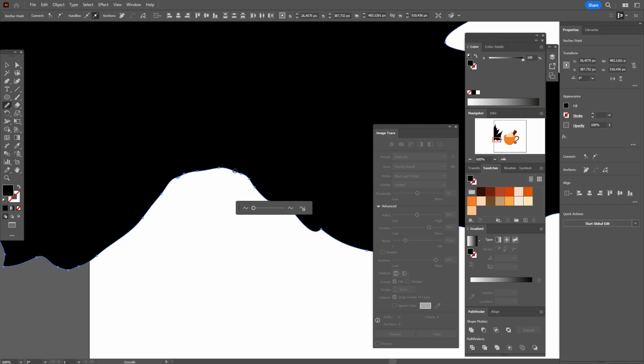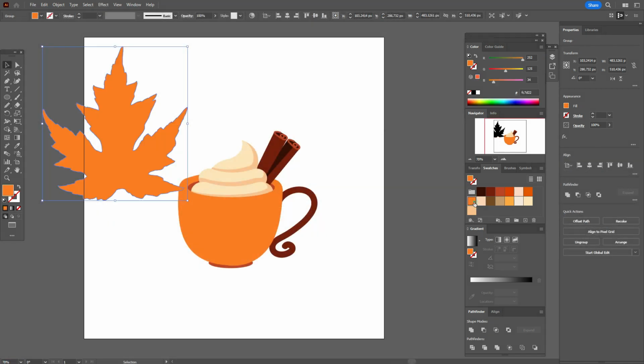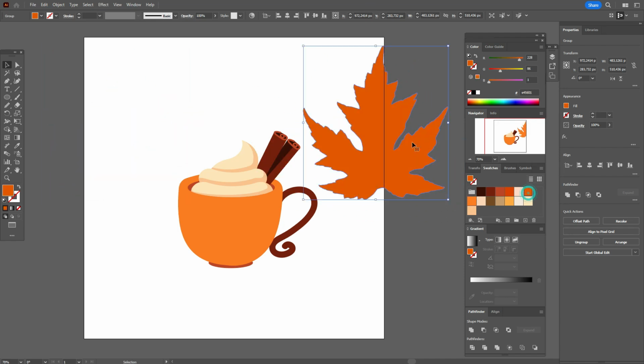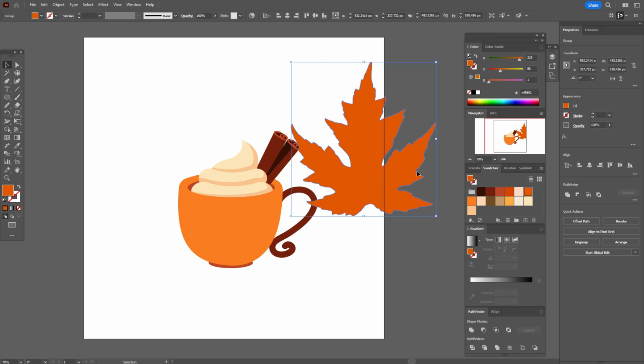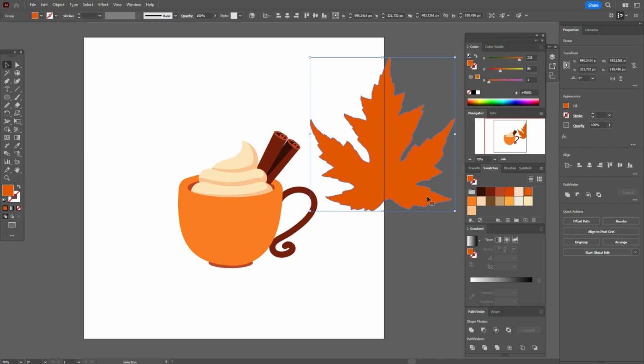Like this, and smooth like this. Okay, and now let's take orange color, move here for now. Let's take, I think, that color, it's better. Okay,